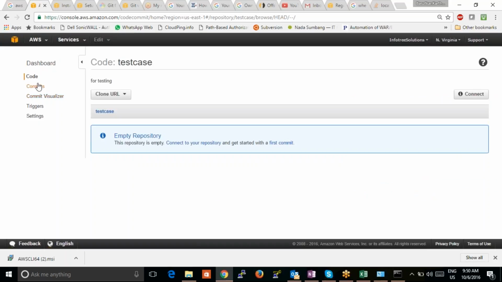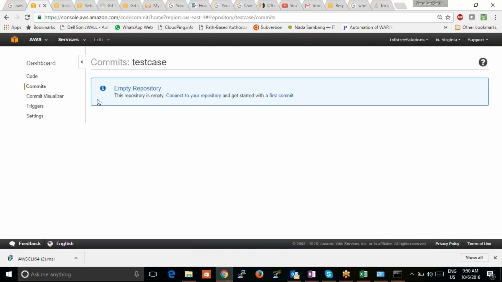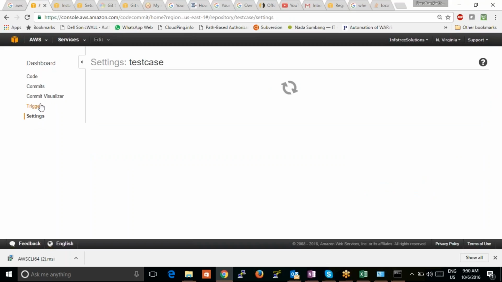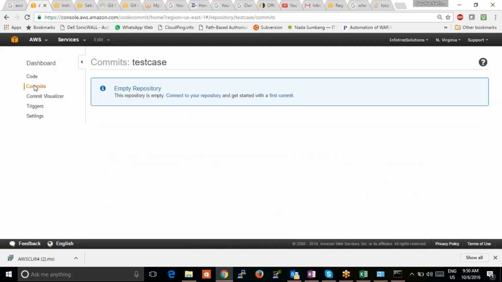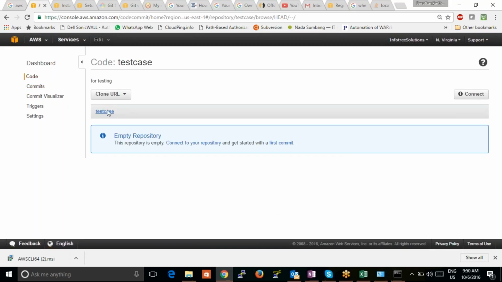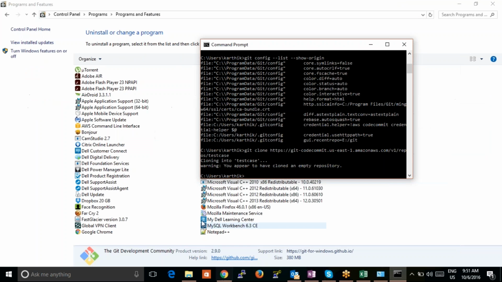Close. Let me commit empty repository. Commit visualizer, trigger, settings. So the repository is empty. First we'll upload some file. We'll create one file. So in order to create one file,